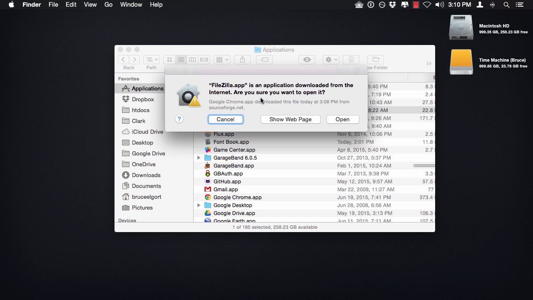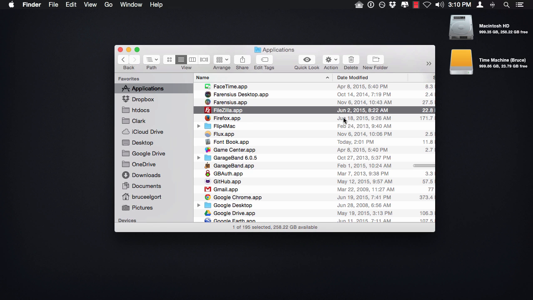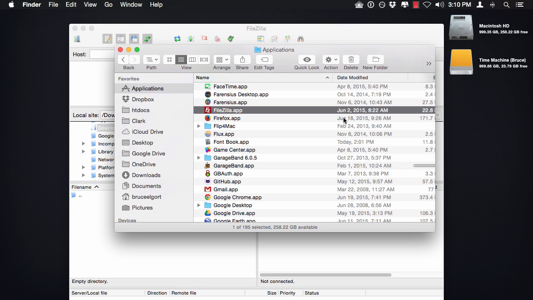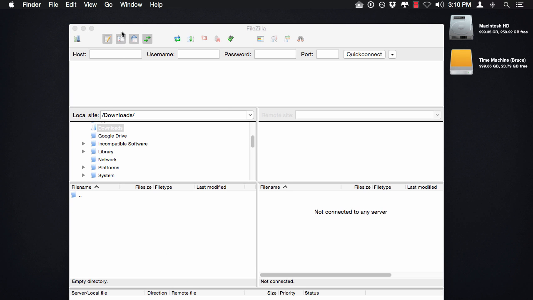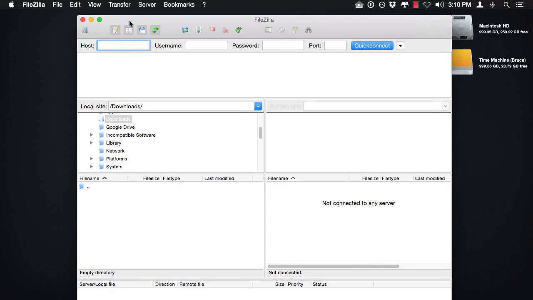And you are prompted with a dialog box that says, this is an application downloaded from the internet. Again, this dialog may or may not show up depending upon the version of OS X that you have. Mine does. And I'm going to say, yeah, I trust it. I'm going to open it. And now the FileZilla software will be opened. And you can see it right here. Okay? But before I continue and show you more about FileZilla,